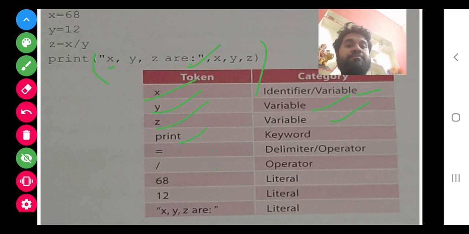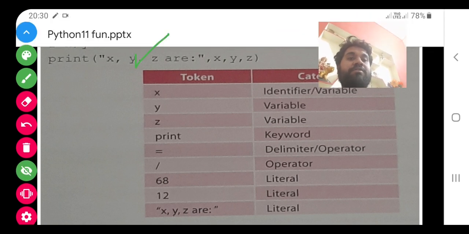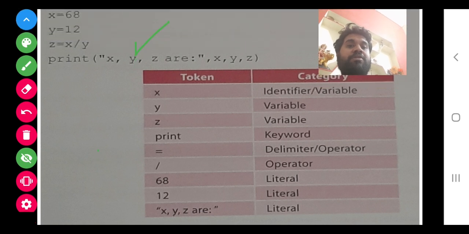Operators, the only operator used is divide. Now the literal, that is the constant. So 68 is a constant, 12 is a constant. Constants are the literals.